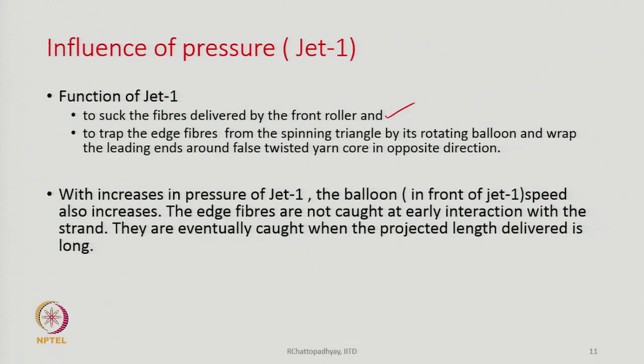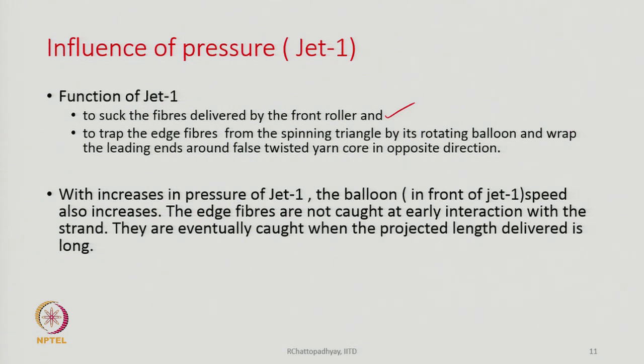When the air moves through the central channel at a very high speed, a kind of negative pressure is generated at the inlet of the jet, a fall in pressure near the entry of the jet,